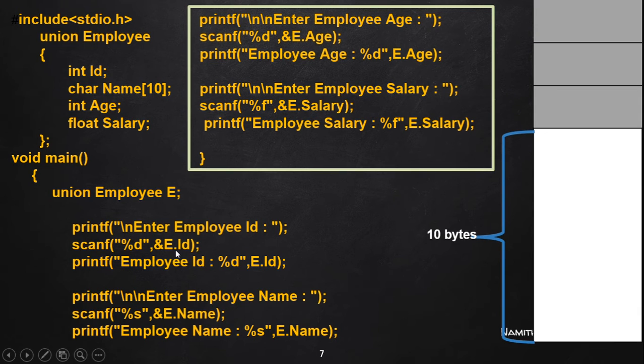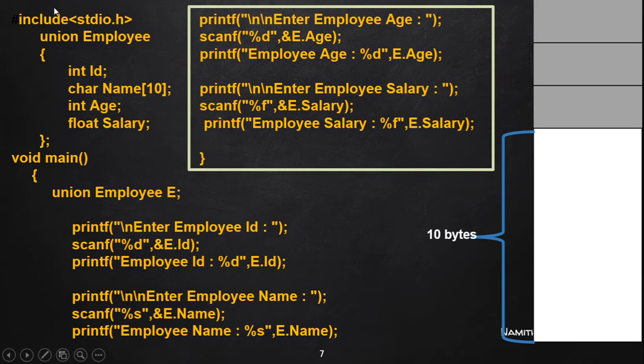This is the method of accessing members of a union. Just like our structure member access, we need to use the dot operator for accessing the members of our union: union variable name dot member name. So using this syntax, we can read one integer value from the keyboard,